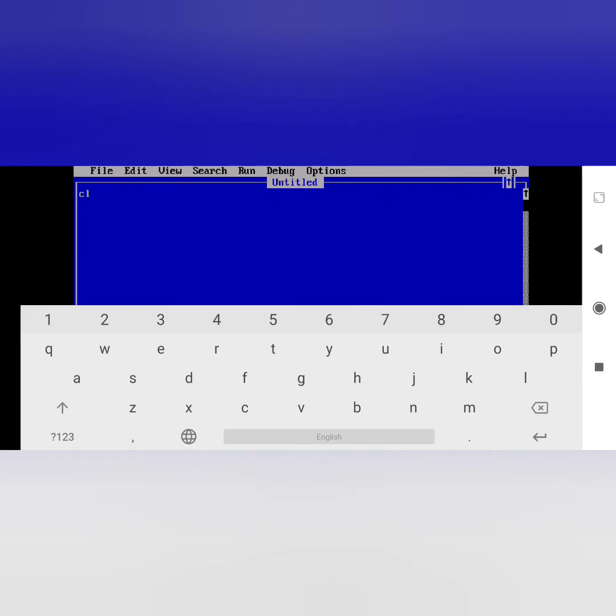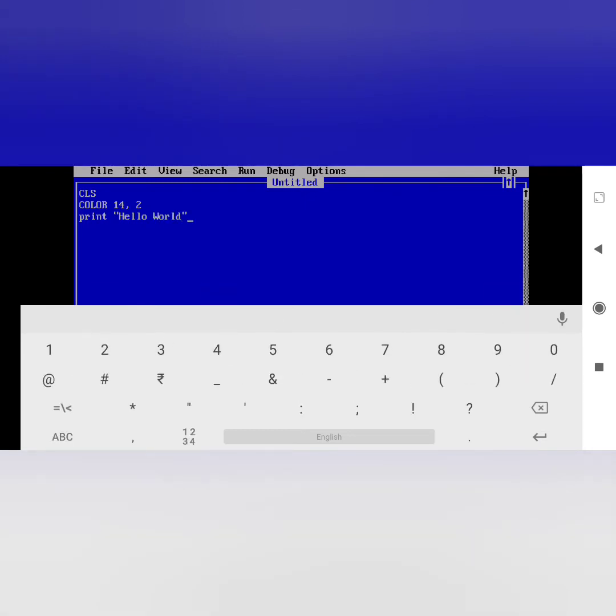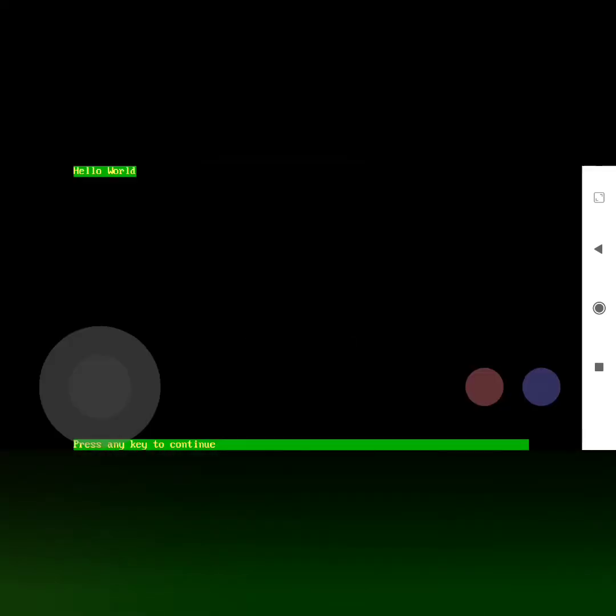Now I will not change the whole background color, meaning I will not change the color of the whole output screen, only the line that I am printing, that background color will be changed and the text color will be the same yellow color. So I will write CLS at first, then I will write color 14,2, then I will print hello world. Now after writing this, I will run the program. You can see here my foreground color is 14, that is yellow, and my background color is